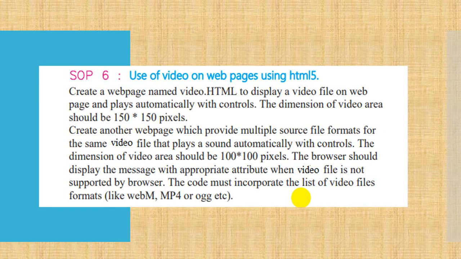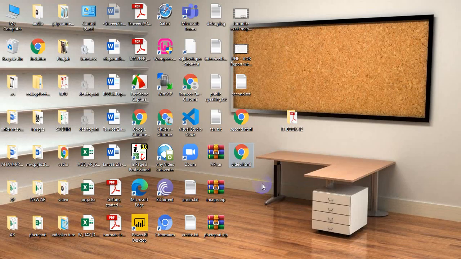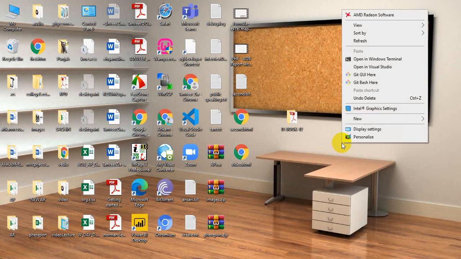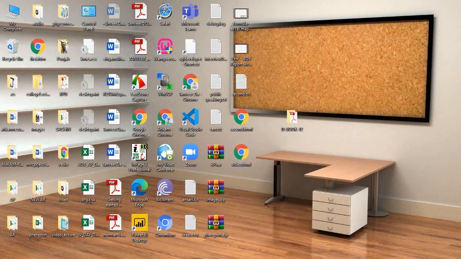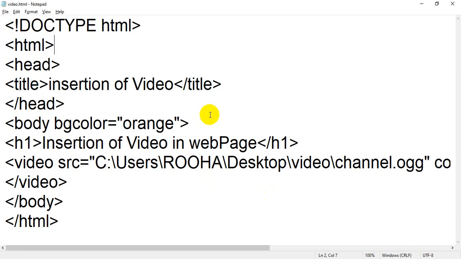So now we are moving towards our second part, and remember one thing, if our video file format is not supported, we have to display a proper message. So I am going to create another page. Okay student, the rest of the things will be the same.